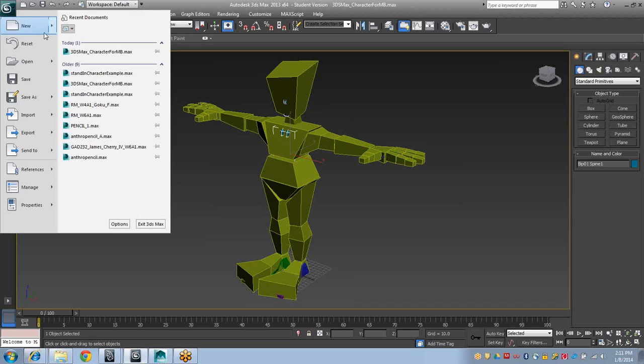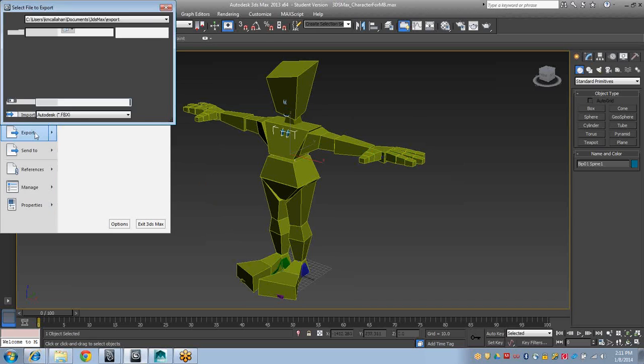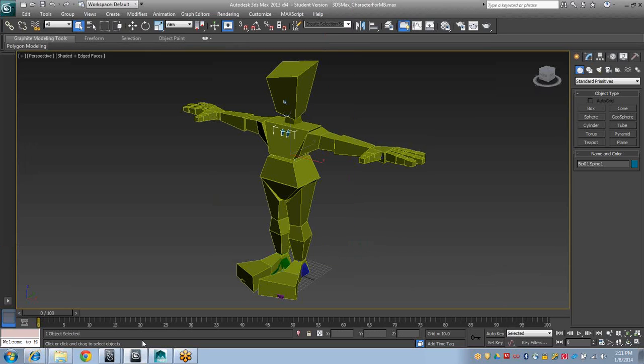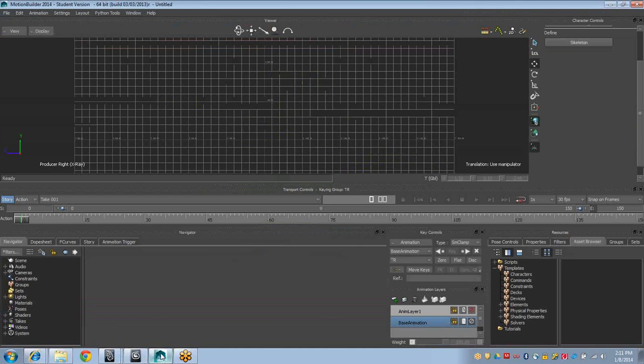So once the character is set up, you can just export and save the character off as an FBX file. I've already done that, and I just called this 3ds Max character for MB, MB standing for MotionBuilder, and I'll provide this file to you guys. And then once you do that, we'll just go into MotionBuilder, and the interface in MotionBuilder is pretty similar to the way